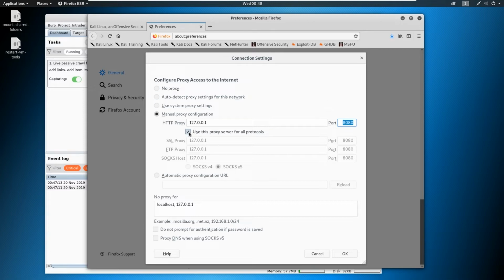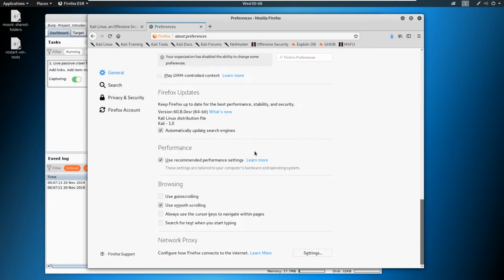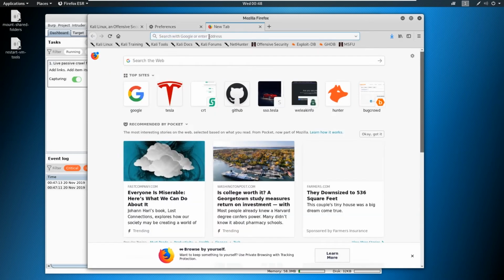But for right now, this is a very high level overview. So go ahead and use this proxy server for all protocols. And that should fill in the rest down here. We're going to go ahead and hit OK. And we're going to leave this open. I'll show you why in a second. So I also want you to go to a new tab. And I want you to go to